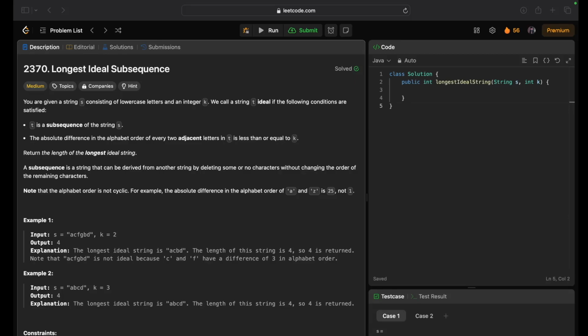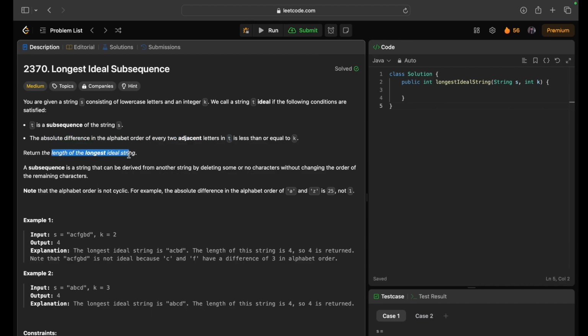Hello everyone. So today's LeetCode question is longest ideal subsequence. This question falls under the LeetCode medium category, and it says that you are given a string s consisting of lowercase letters and an integer k, and we need to find a string t which is ideal. An ideal string is a subsequence of the input string, and also the absolute difference of any two adjacent letters in t is less than or equal to k,